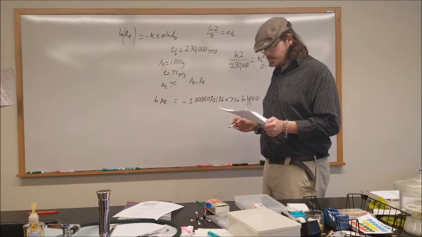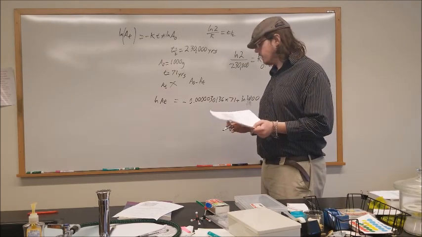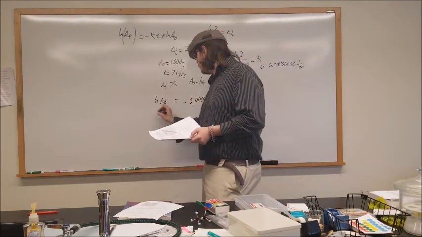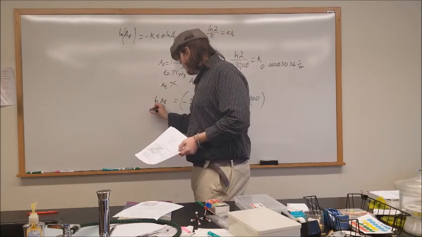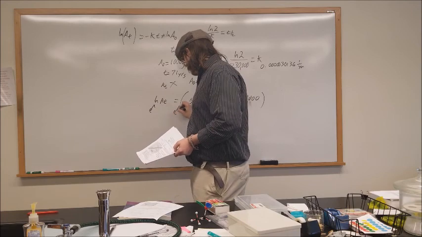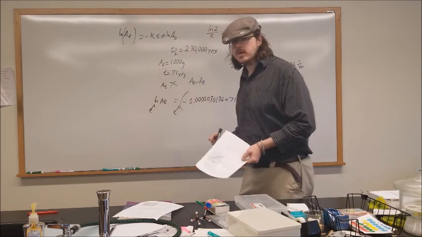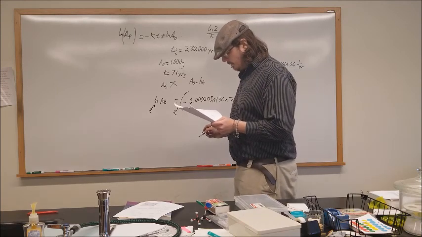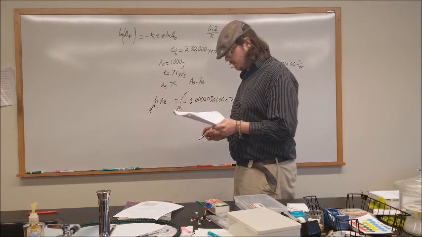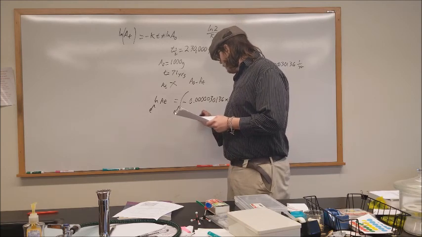We solve that, and once we sum all that up, we take the inverse log of both sides to find out how much A sub t remains. And we find out, oh, that's almost nothing. We're down literally like